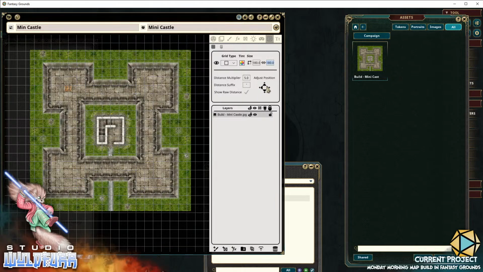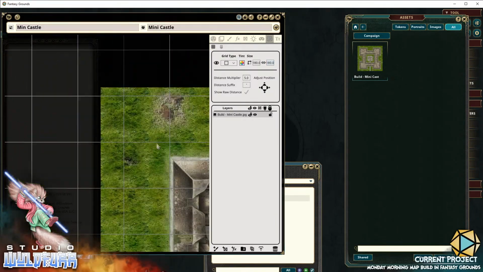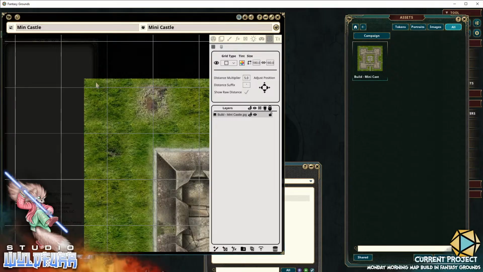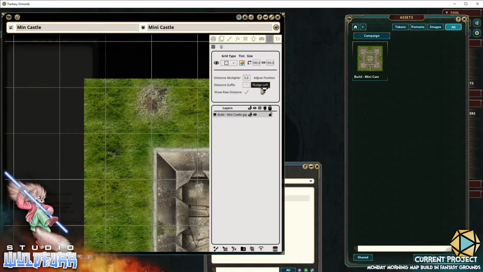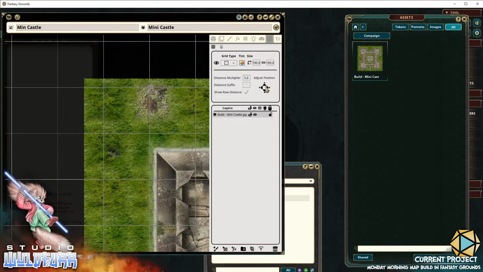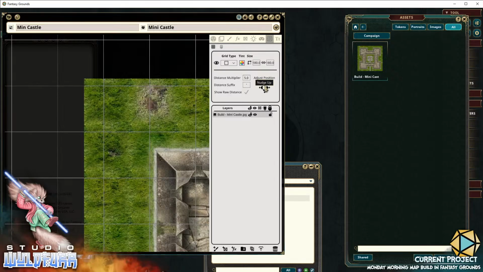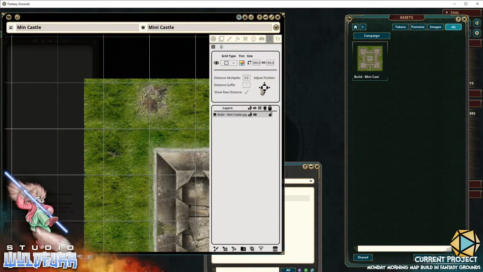Now this is where these little arrows become important. Because as you can see, because I just dragged and dropped this in, the grid is not lining up correctly. So there are two things you can do. You can just click these little arrows to nudge the grid around. Or, because we built this using map tiles, and every map tile is 180 pixels, and we've set our grid size to 180, we can just grab our map,